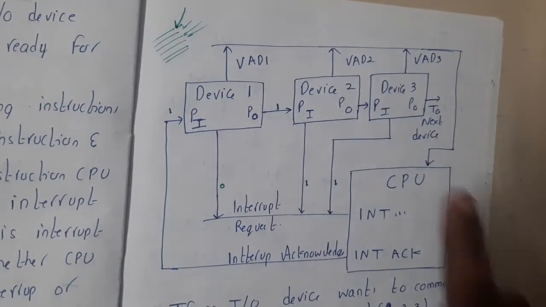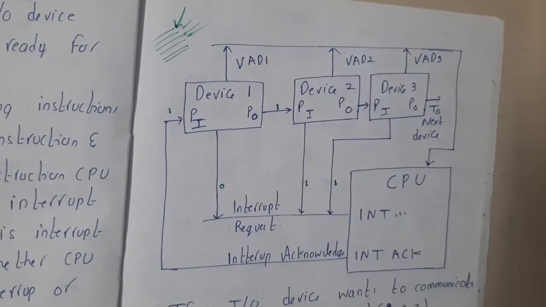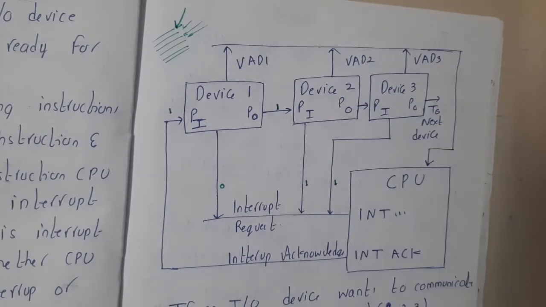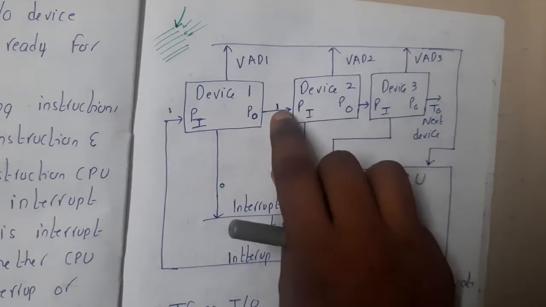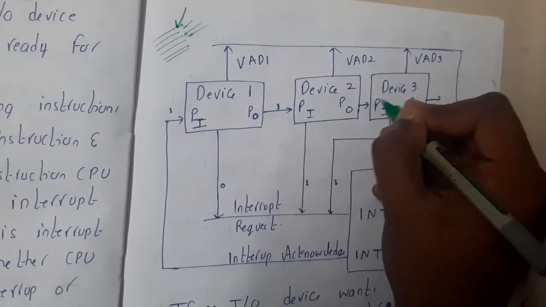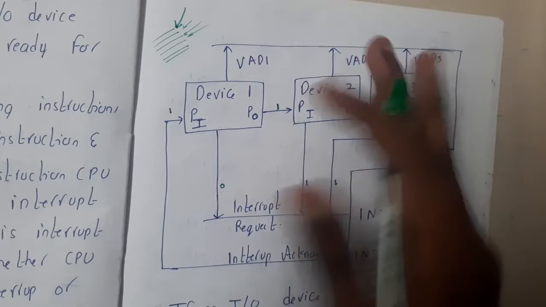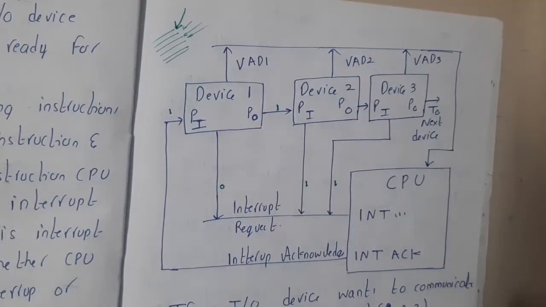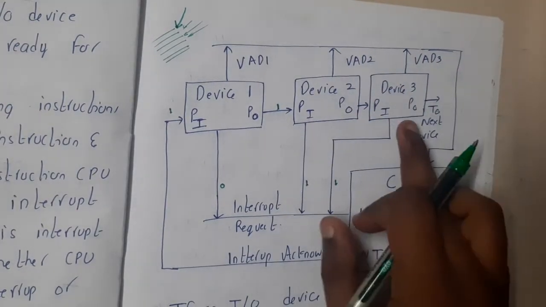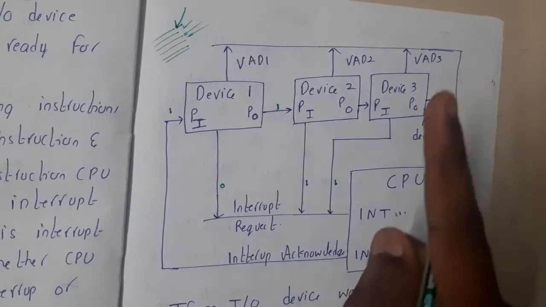Once it sends the data, will it allow the next device to send the data, guys? No, right? Because it used that acknowledgement, it will not give any information to device 3. It will not even inform device 3 that there was an interrupt and the CPU has accepted one of us.